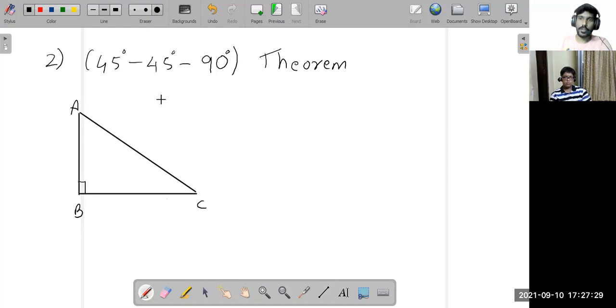Okay, in the 45, 45, 90 degree theorem, one angle is 90 degrees and the other two are 45 degrees. That is it. Now what this theorem says, the side opposite to 45 degrees